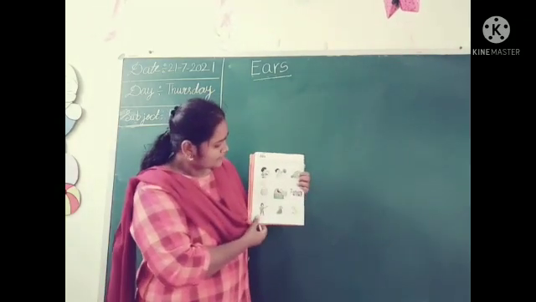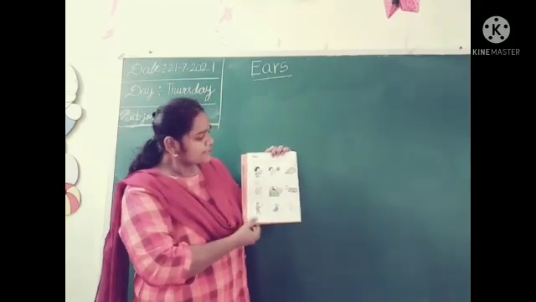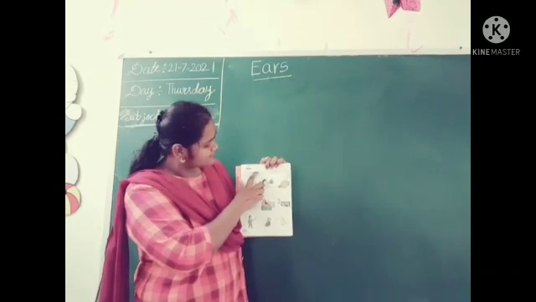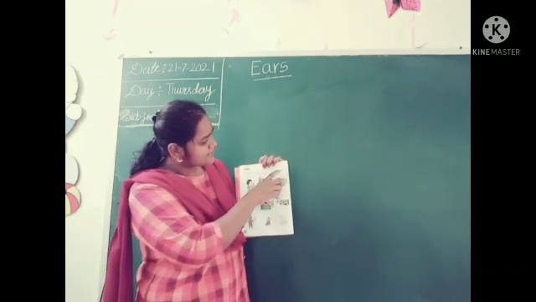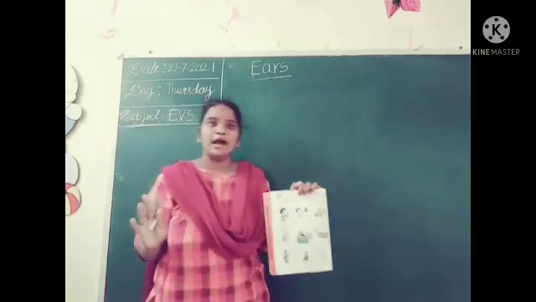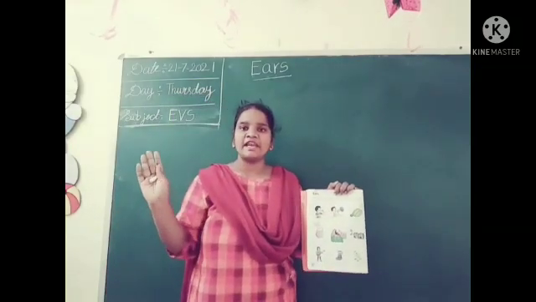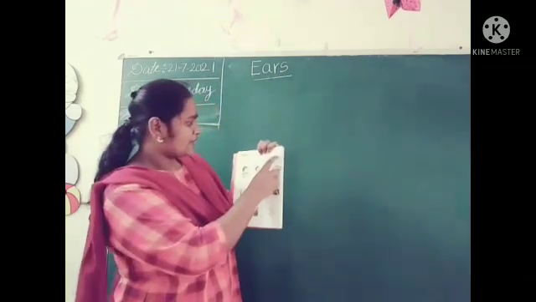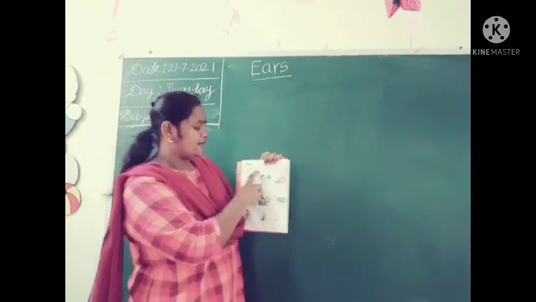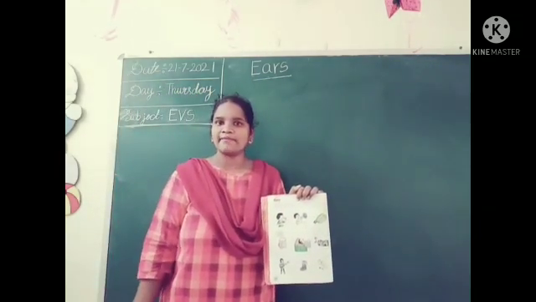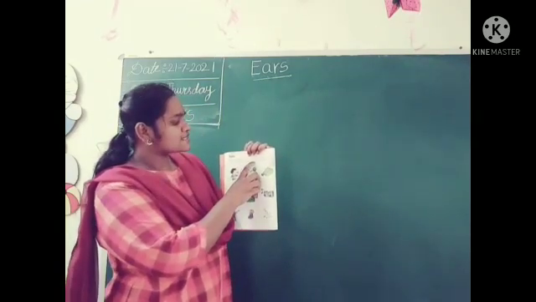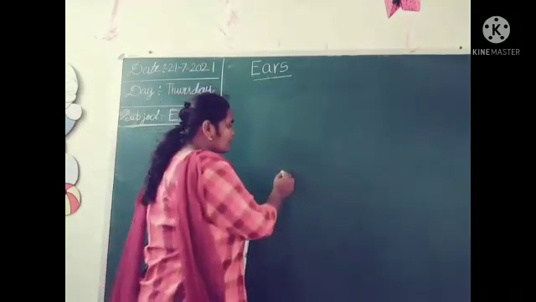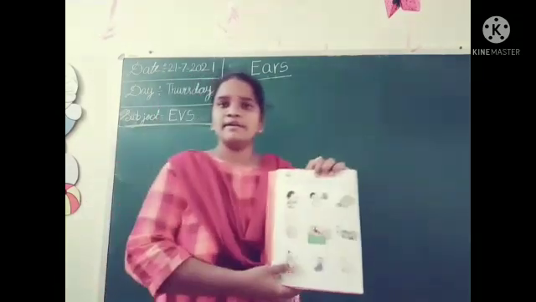Here we see different types of sounds. Okay, we hear with our ears. Write L for the things that make loud sound. Loud sound means the sound is very loud. గట్టిగా sound వస్తాయి కదా, వాటికి మనం ఏం చేయాలంట? L పెట్టాలి. ఓకే, which you do not like. మనకి ఇష్టమా? which we do not like. మనకి ఇష్టం ఉండదు. ఓకే, write S for the things that make soft sound. S means soft sound that is not disturbing ours.